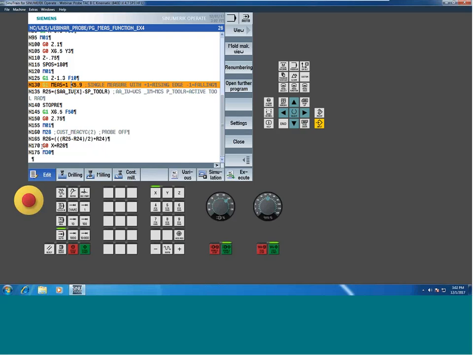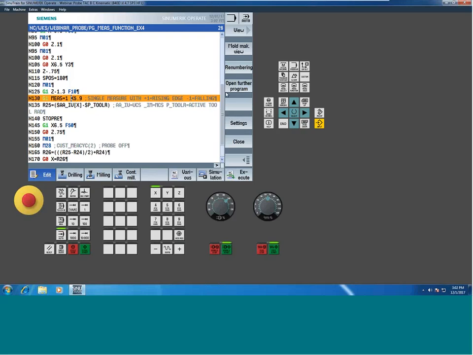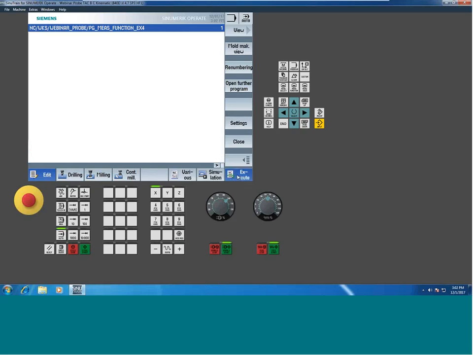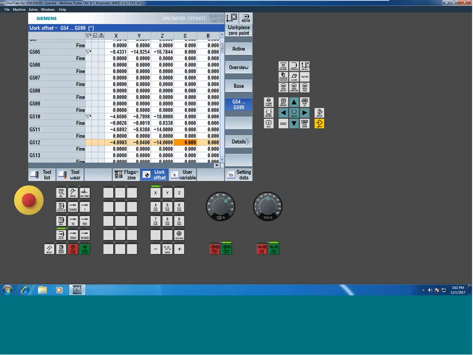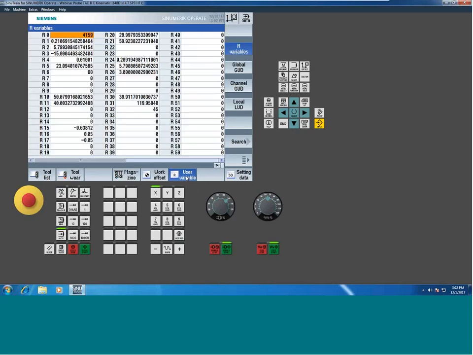Now to get there, a lot of guys don't know you can do this. It's pretty cool. If I want a position based on an R variable, system variable, whatever, you can literally type X equals R26 with a G0 or G1 or whatever, and she'll then move to whatever that location is. So if we look at the program here, and we look at our offsets, and we look at our user variables, right? I'm using 24, 25, 26. So we run the program